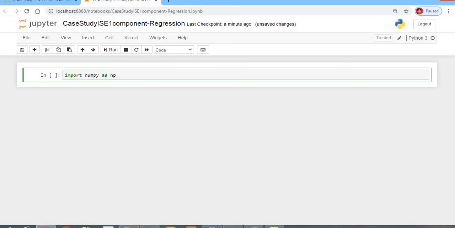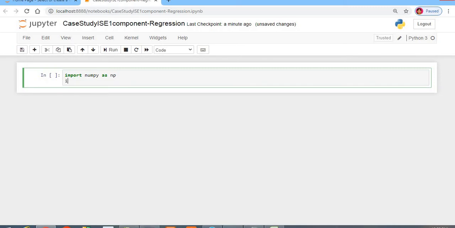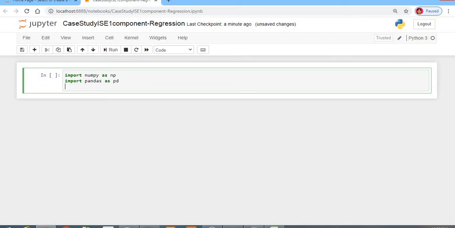Numpy is required for whatever mathematical operations we want to do. Then import pandas as pd. Then after that you can import matplotlib as plt.